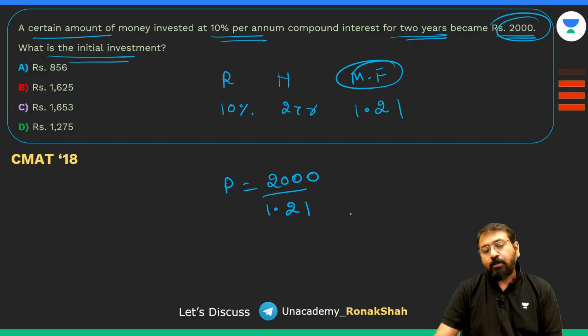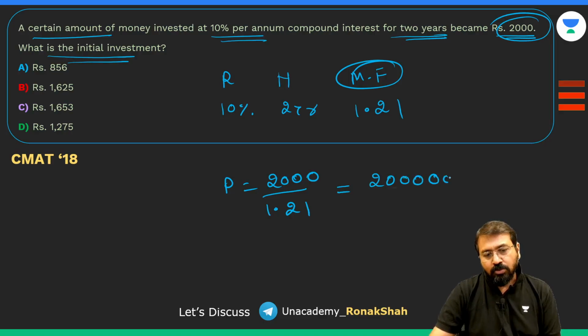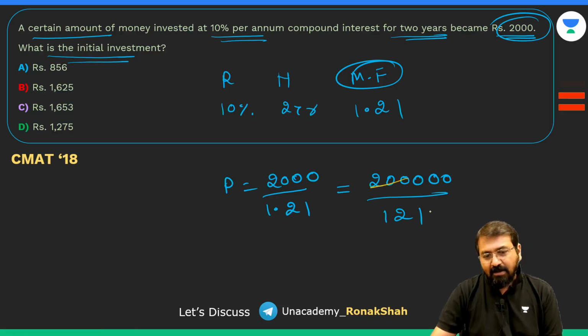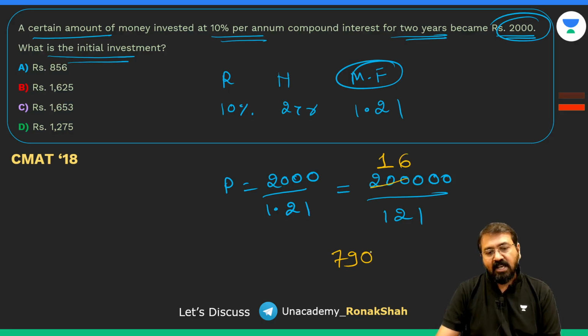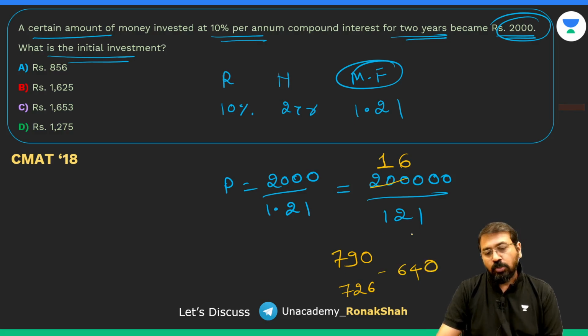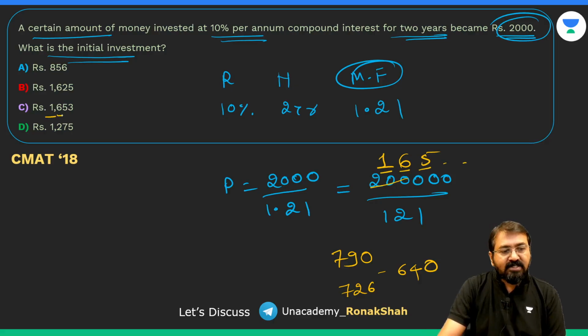तो आपको 2000 को 1.21 से डिवाइड करना है। तो ये भी कोई इतना डिफिकल्ट तो है नहीं, मतलब 2 0 जोड़ दो और 121 से डिवाइड करो। सो 200 डिवाइड बाई 121, इट्स 1। अब 79 आपका आएगा, पीछे 0 जोड़ दिया तो 121 6 आपका आ जाएगा, है ना। 121 6 कितना होता है 726। तो फिर ये डिफरेंस कितना आ गया आपका 64, है ना। पीछे वापस 0 जोड़ दो तो 121 5 आएगा, 605, तो यहाँ पे 5 आएगा, 165 समथिंग आएगा।